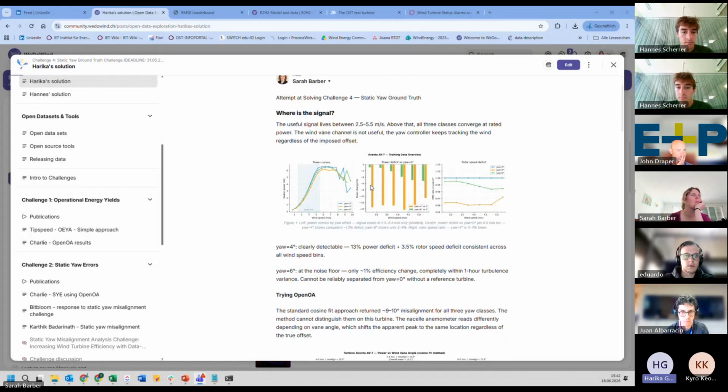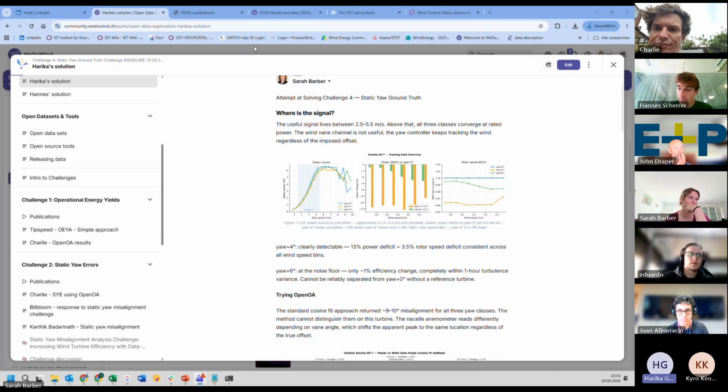What I started doing initially is to look at the data I had on hand and see where exactly the signal was. As soon as it hits the rated speed, it was not really showing much.